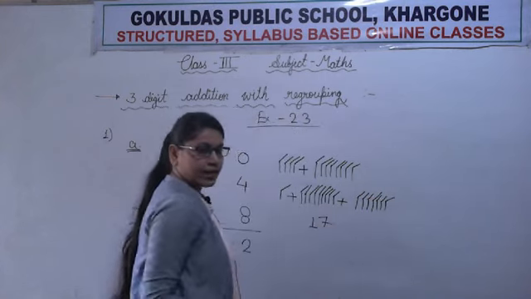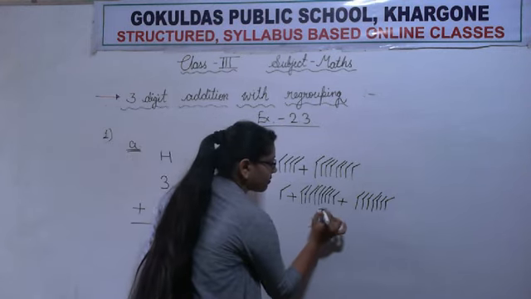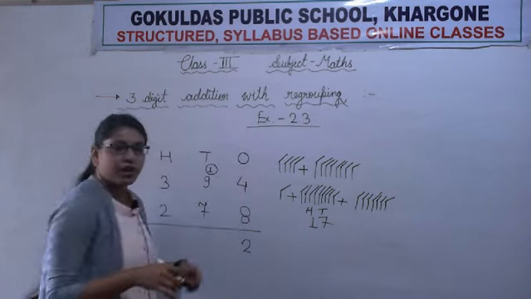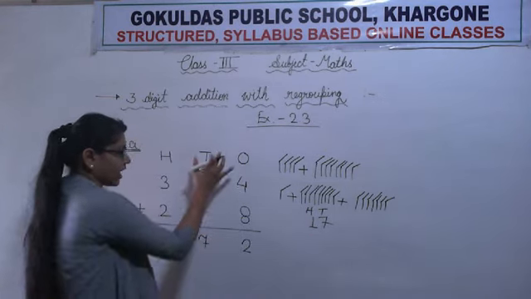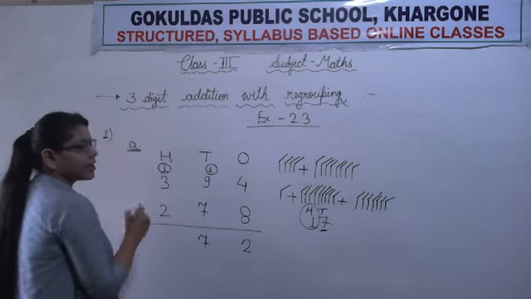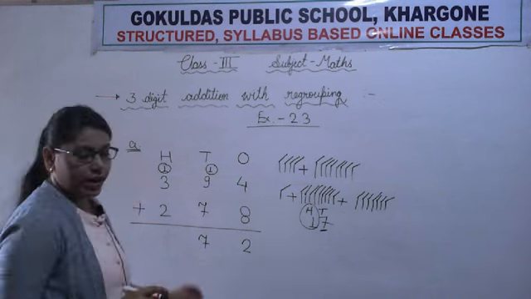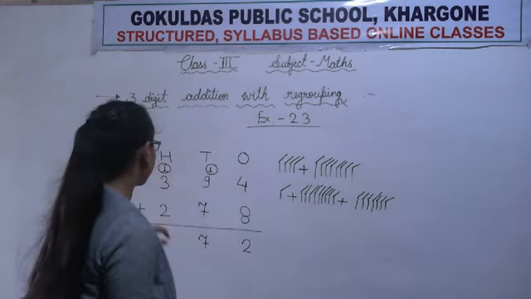Again we got a 2 digit number. We are adding the tens column, so this must be tens and the next one must be hundreds. So we will write 7 in the tens column and this one in the hundreds column in the form of carry. So now let's add the hundreds column.